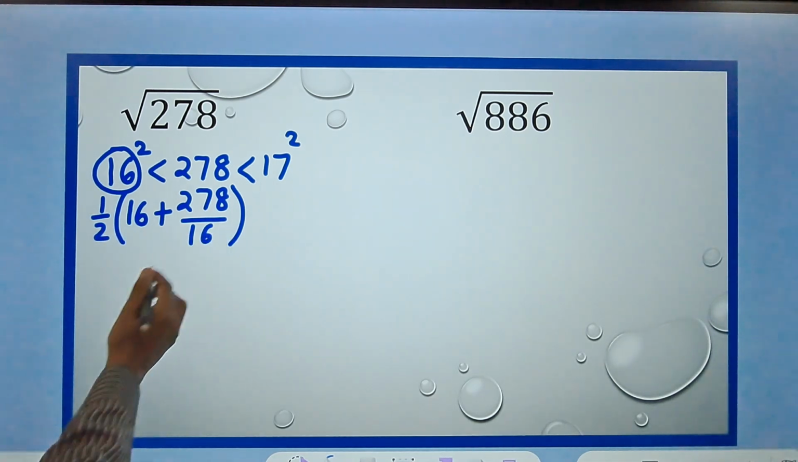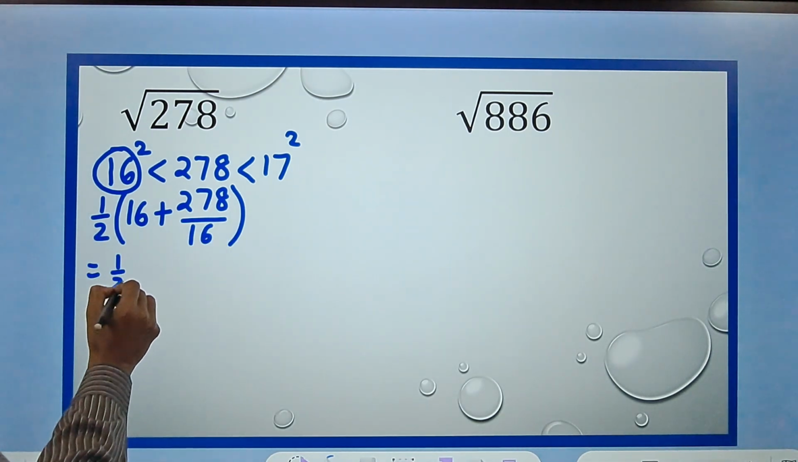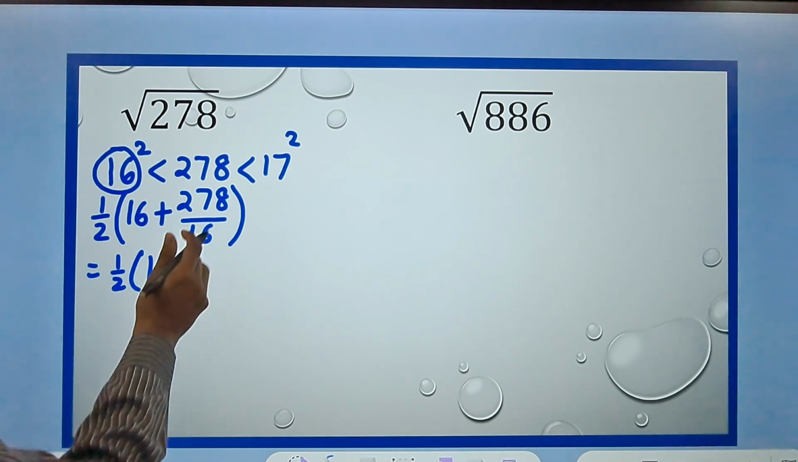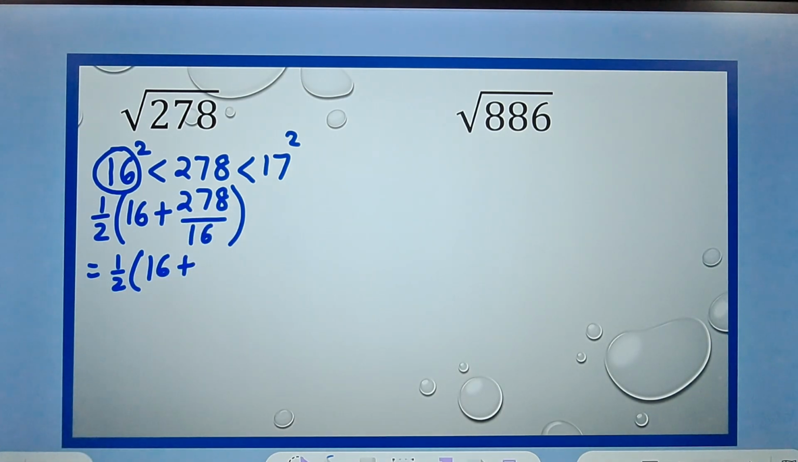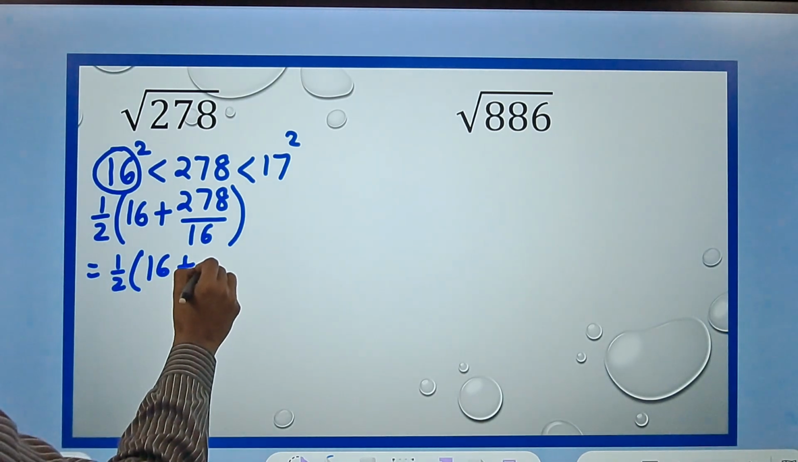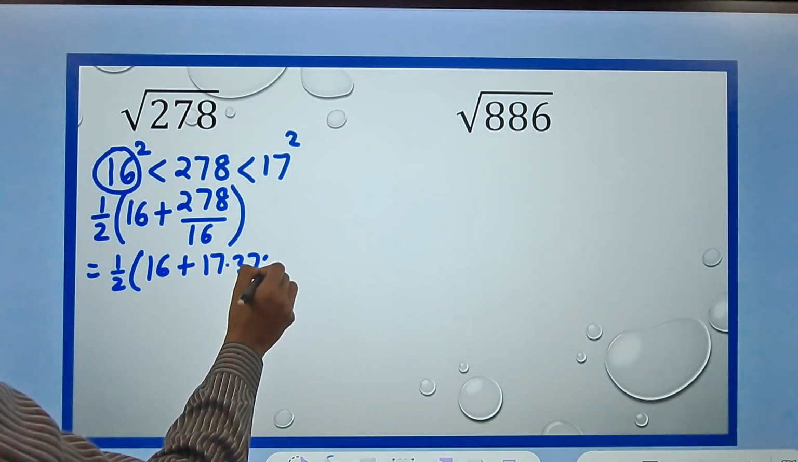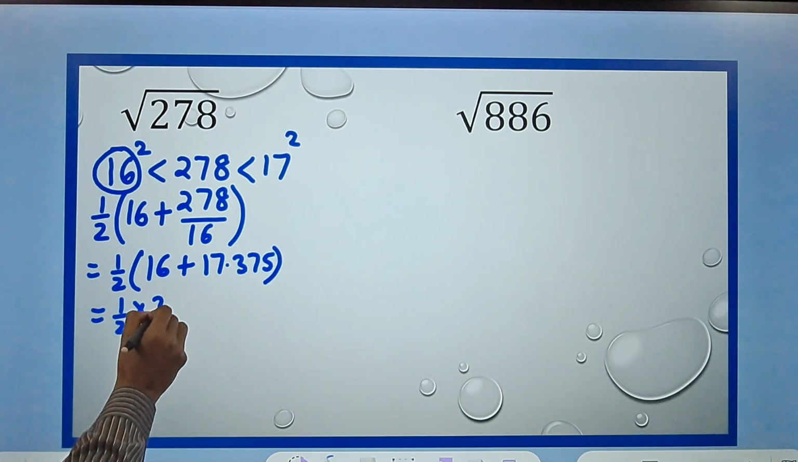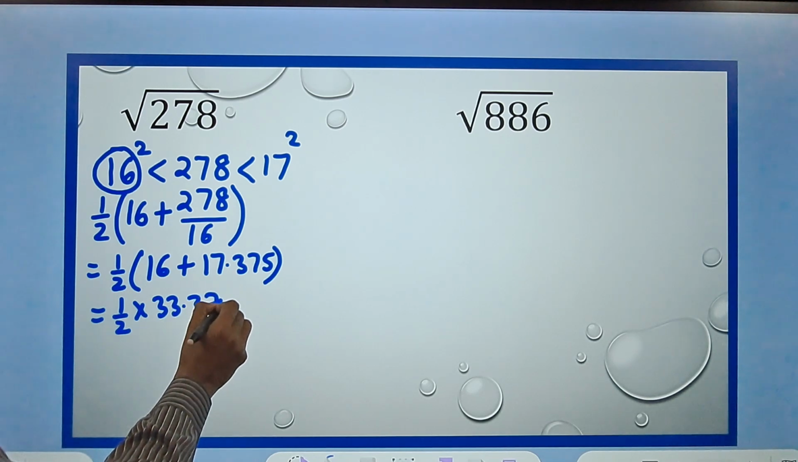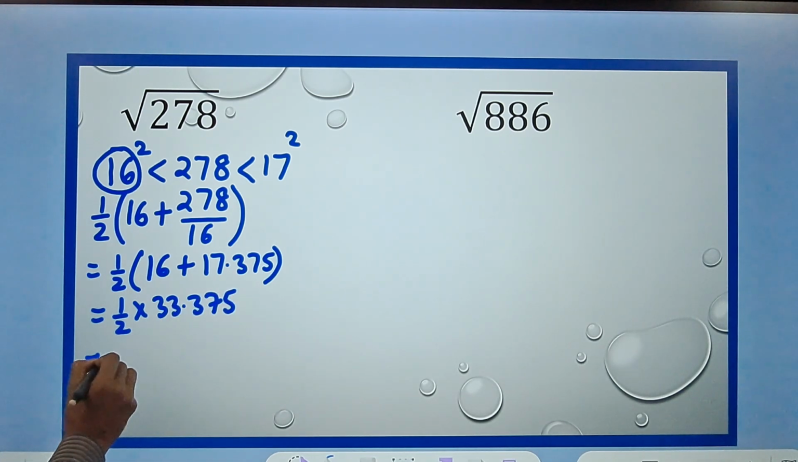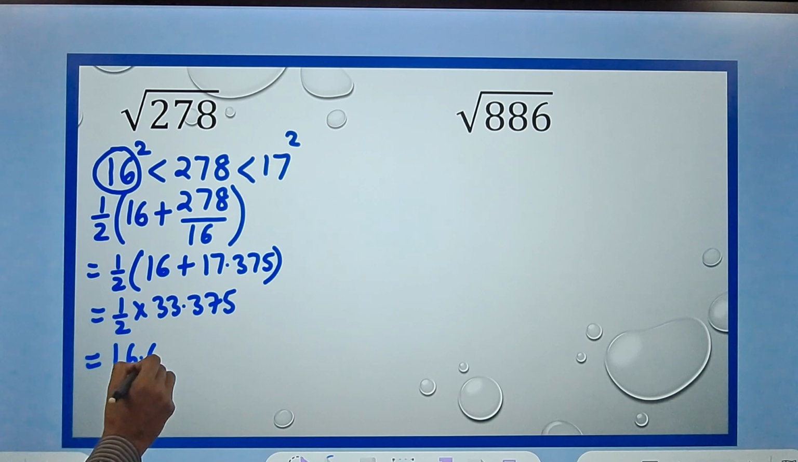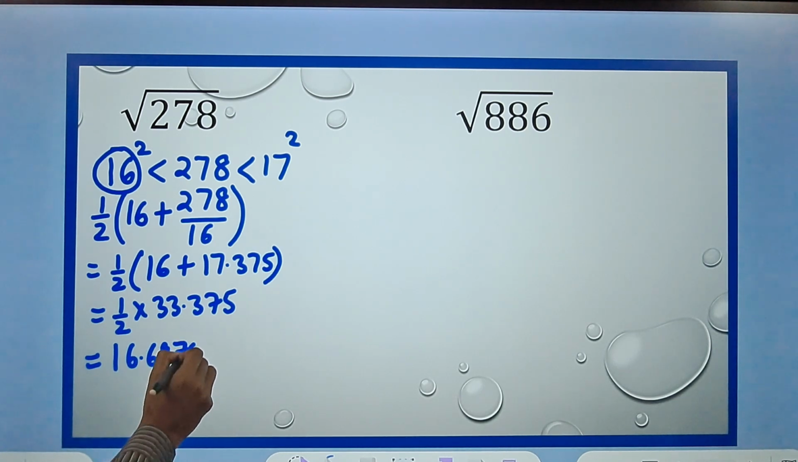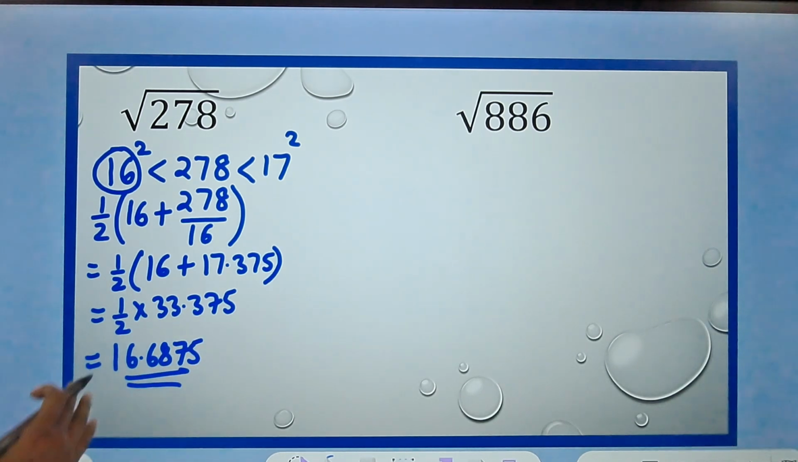See, I am reducing the number of steps now. So this will be half of 16 plus 278 divided by 16. I have already done it for you. This is 17.375, and half of this sum, 33.375, gives you the answer as 16.6875, right? And now if you pick up the calculators and check the actual value